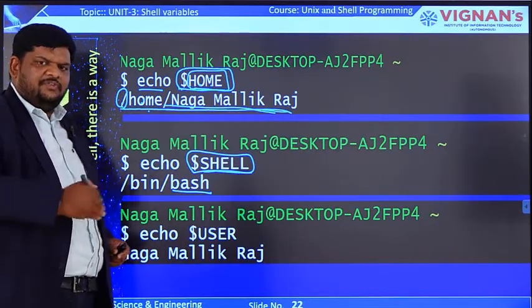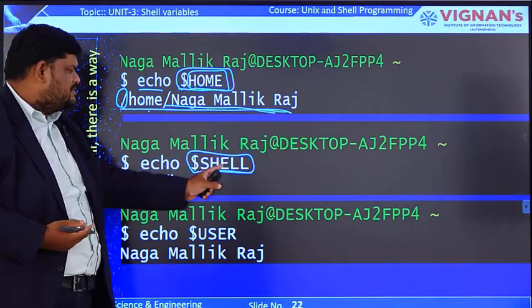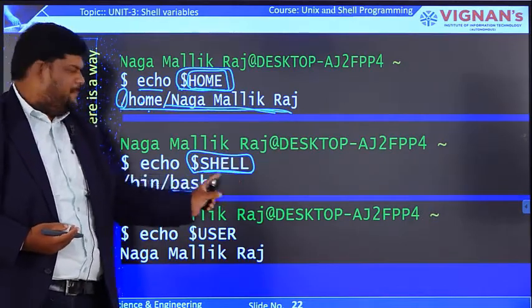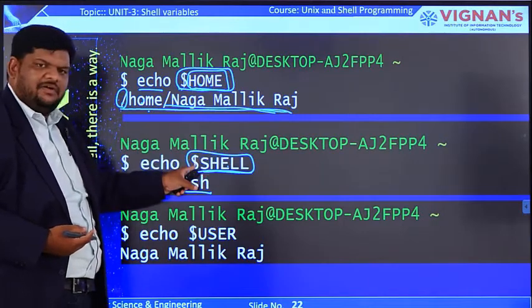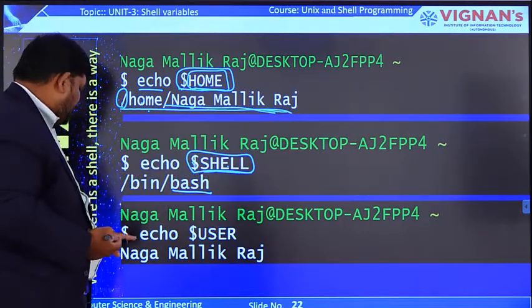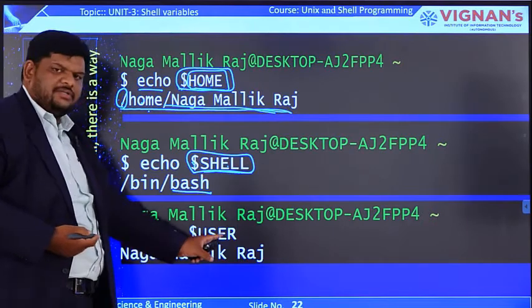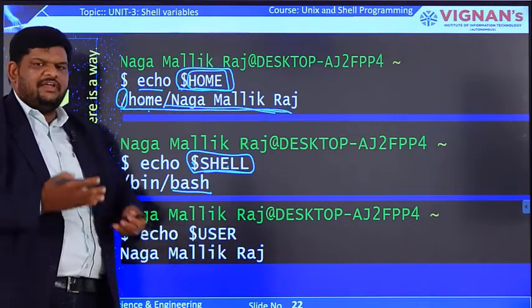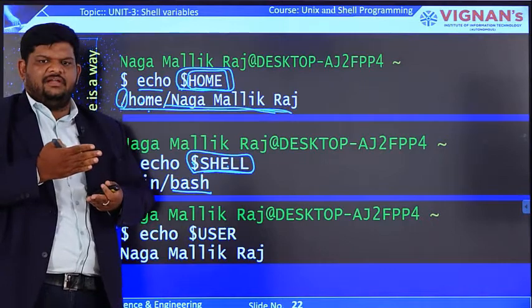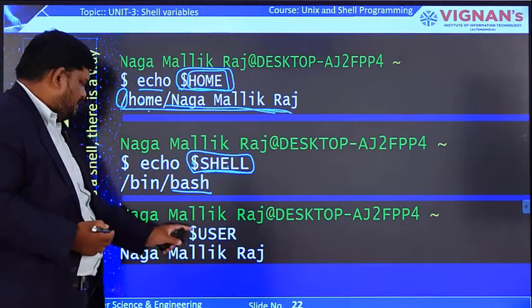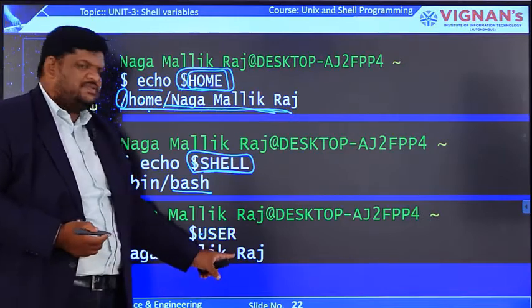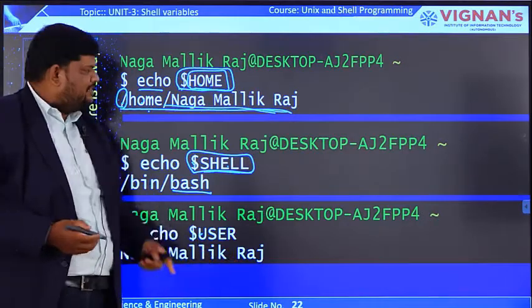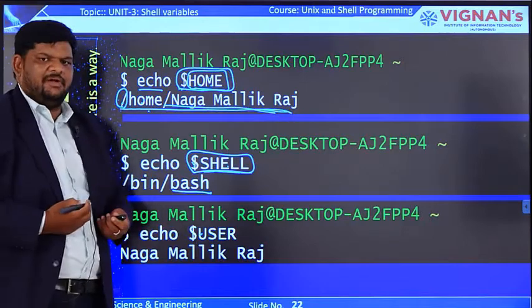To access the value present in this environmental variable, we use $. Another one is echo $USER in capital letters. The environmental variable must always be written in uppercase letters only. After executing it, Nagamalikra is the username of this shell. Like that we use these environmental variables.